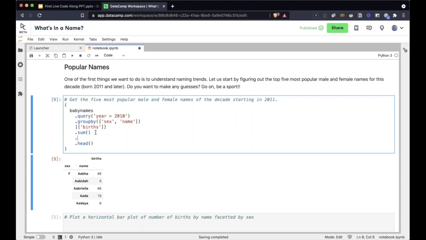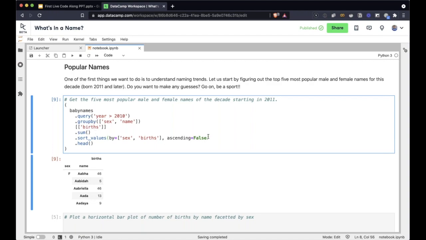So let's first do the sorting here. We're going to use the method called sort values, and the first parameter that we're going to pass is by. Let's say we want to sort by sex and also by births, so that the sorting is maintained within each group. And we want to sort in descending order, so we're going to say ascending equals false. The default is true. So we're going to set ascending equals false.